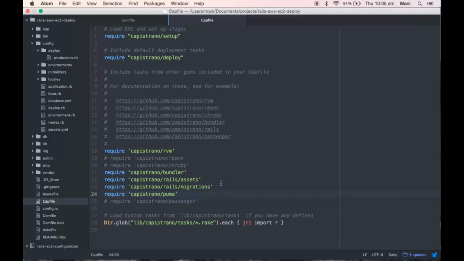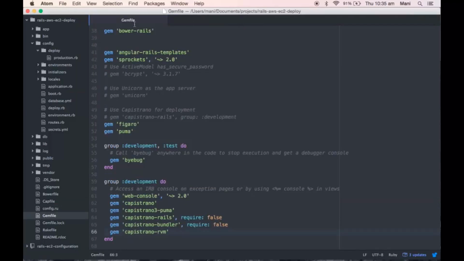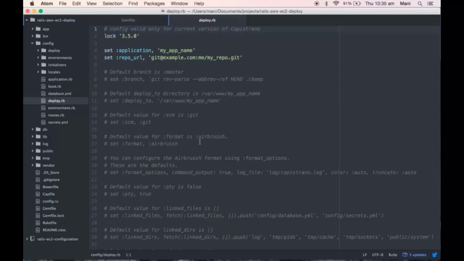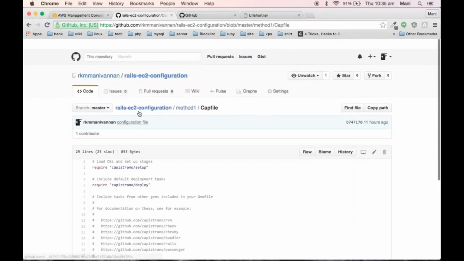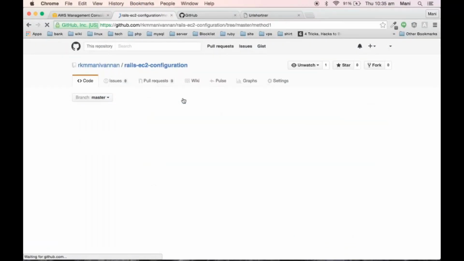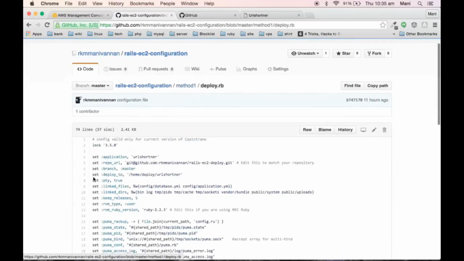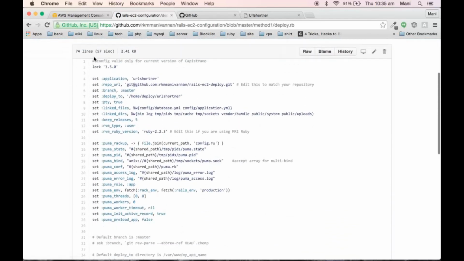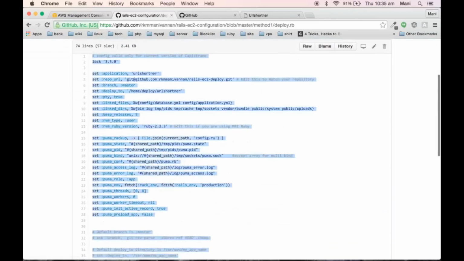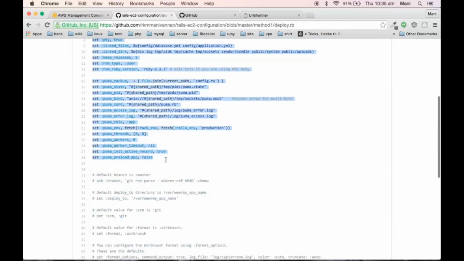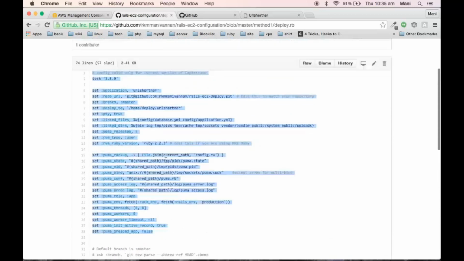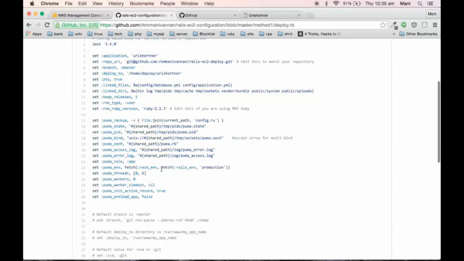Next step is we need to edit the deploy.rb file. Here is the command, and this file I need to configure. You can find the code in my repository. Copy only this.